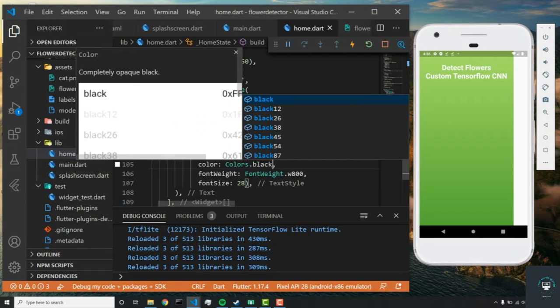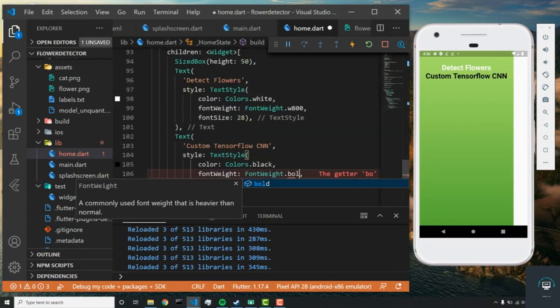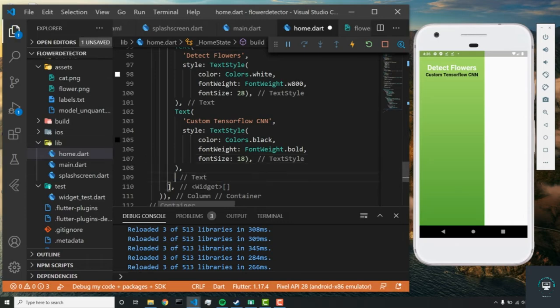We'll set the color to colors.black, and the font weight, we'll change that to bold, and finally we'll set the font size to 18. Okay. Now we're going to add another size box after this text, and this one's going to be of height 40. Now after that,